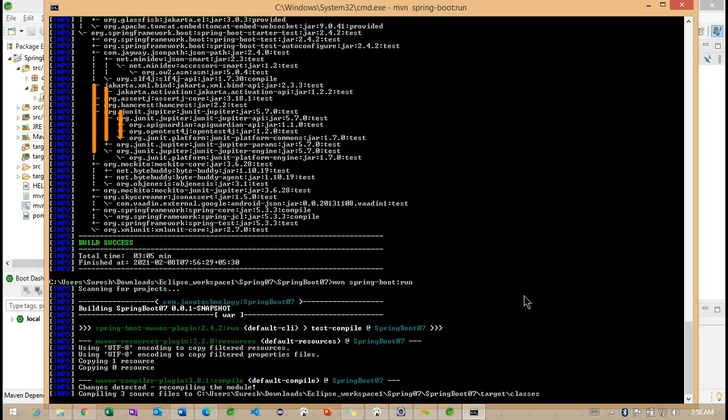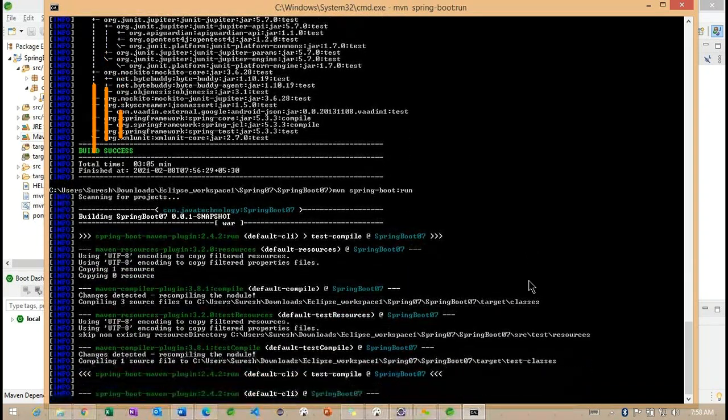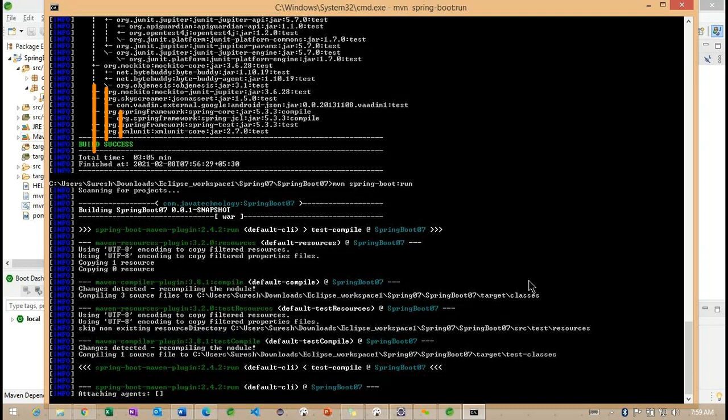Is there any specific advantage if you run from the terminal other than from Eclipse? No, there is no advantage, but it is one more optional way. Most people who work with the command line, like a DevOps engineer working on the Linux side, instead of going to Eclipse to run the application, will come back to the command line and add the commands to run the application, to see whether it's working properly or giving any exception. So that is easy.